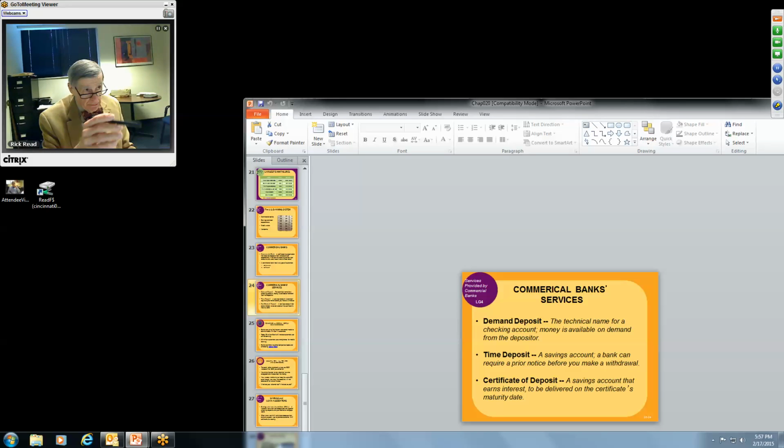And then certificate of deposit, that's the same as a savings account, except it has an expiration date on it. What that says is that once the certificate expires, or better, matures, the bank will pay you whatever interest it promised to pay you. Now, that does not mean you can't get that money out. But what it does mean is when you take that money out, you forfeit that long-term interest. And in some cases, there may be a penalty, which means you pay an extra month's interest, or an extra quarter's interest, or something of that nature for drawing the money out early.